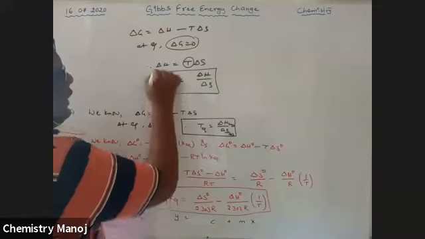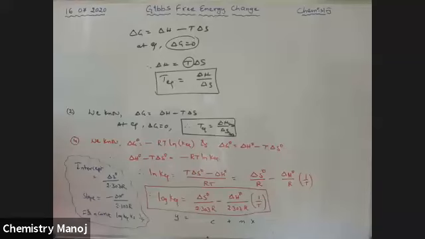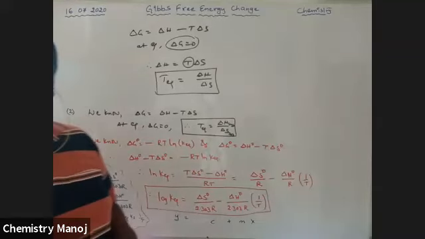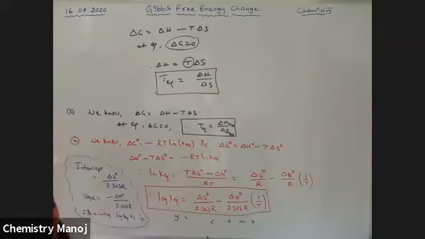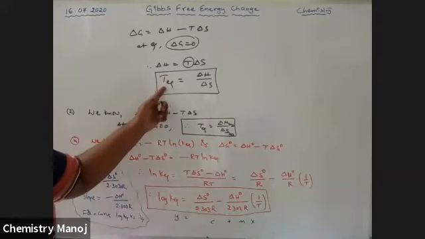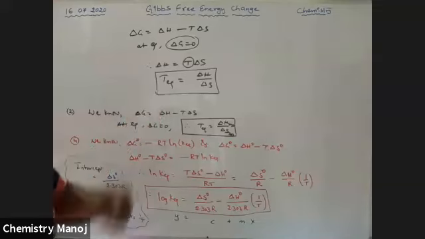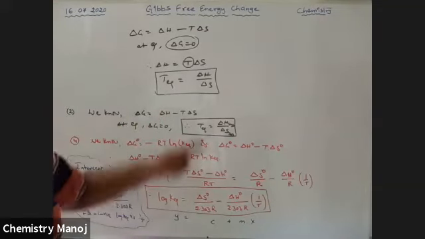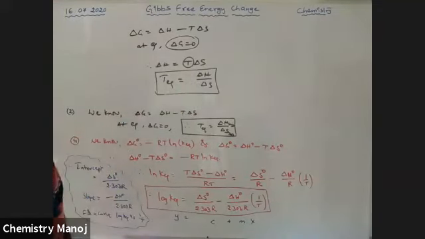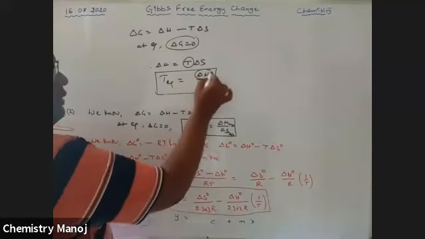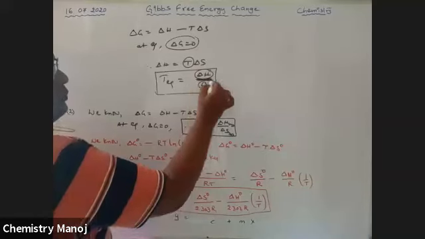I think today there is a problem on this formula. Am I correct, boys? Today in your daily exam, there is a problem on this formula. Yes. So calculate the equilibrium temperature. So this is the formula. Delta H is the change in enthalpy. Delta S is the change in entropy.